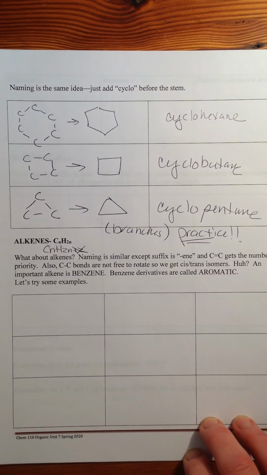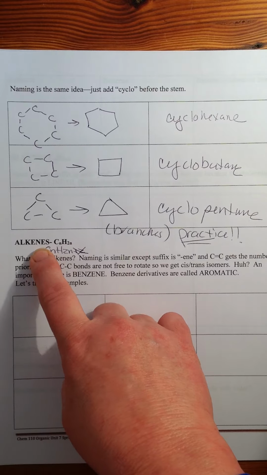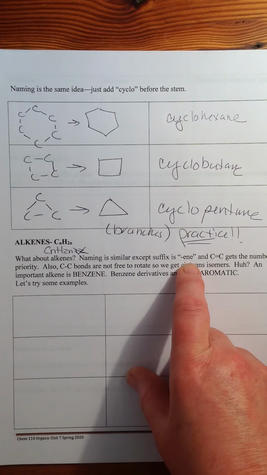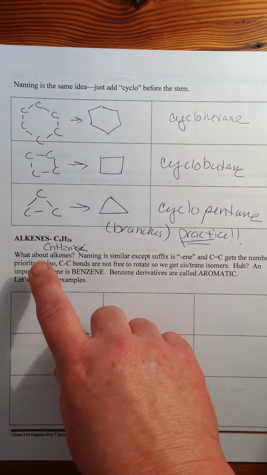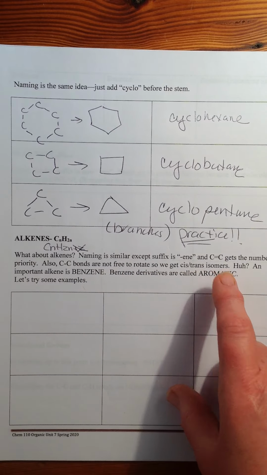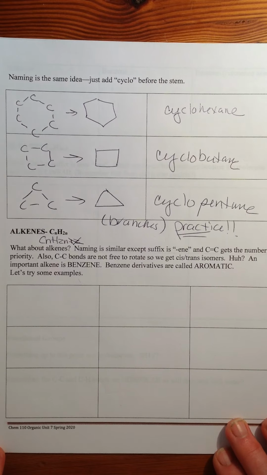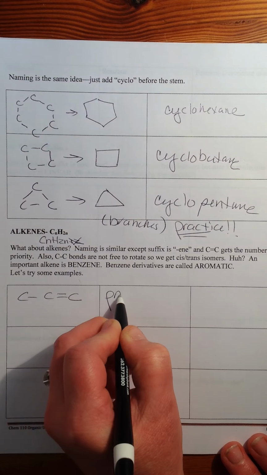And those are no longer alkanes, those are called alkenes. Naming is the same, except instead of ANE, we get ENE. Okay, and the carbon-carbon double bond gets the priority. All right, now carbon-carbon bonds are no longer free to rotate. We get what we call cis-trans isomers, but we're just going to skip that for the purposes of this lesson. Okay, so if I have this structure, I would name that